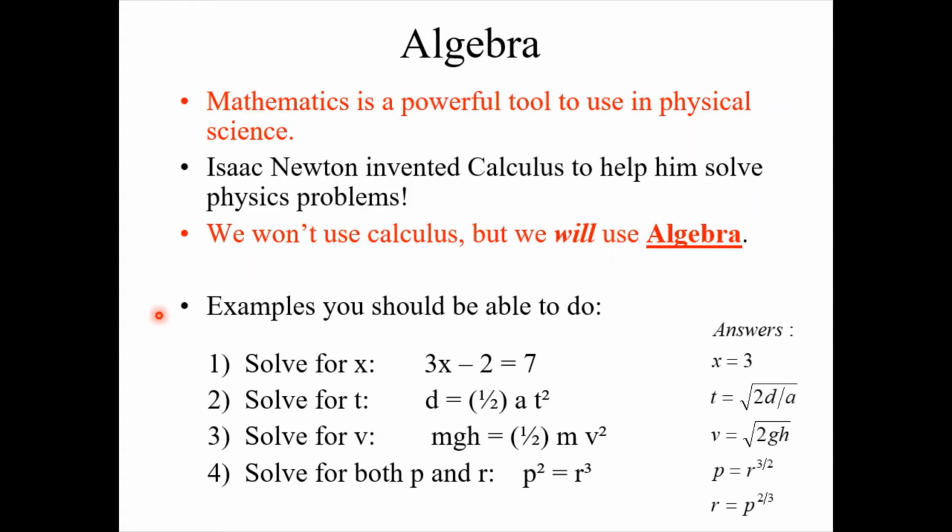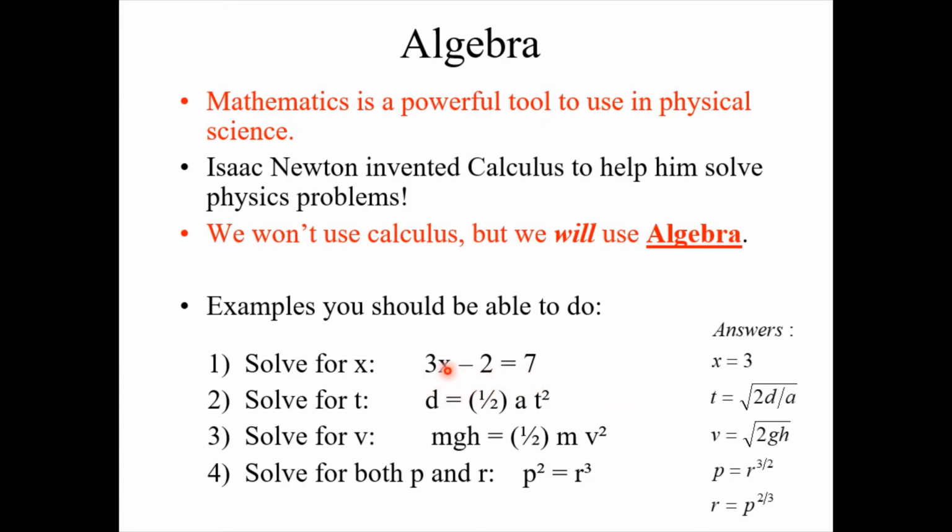So this is not a math class, so I'm not going to go through a bunch of algebra with you guys, but I would like you to just do some quick review. These are 4 problems here that you should be able to solve using really basic fundamental algebra that you learn in high school. So if you see something like 3x minus 2 equals 7, you should know how to solve